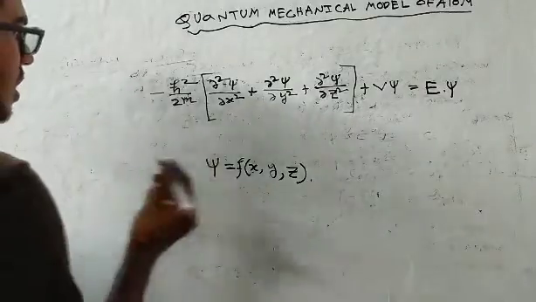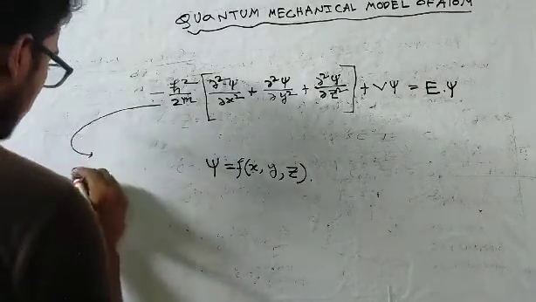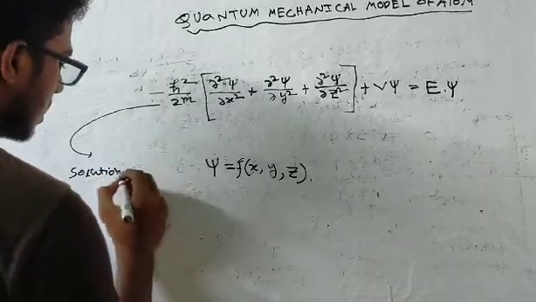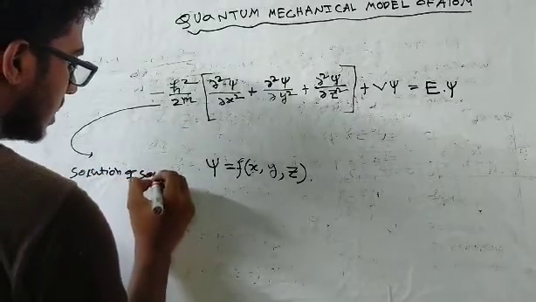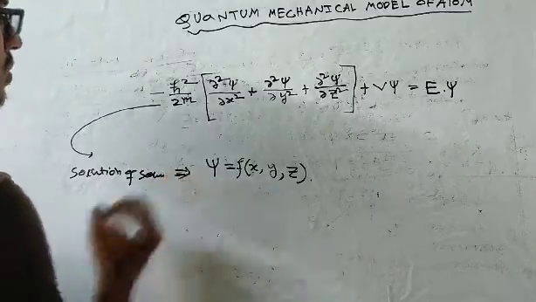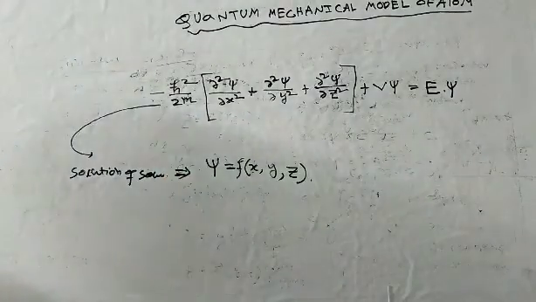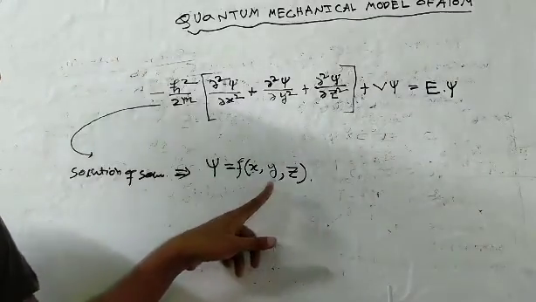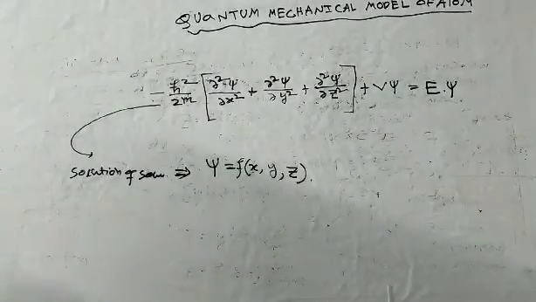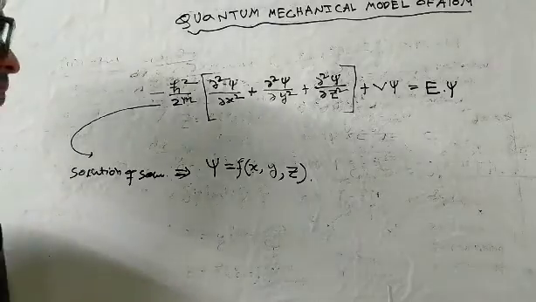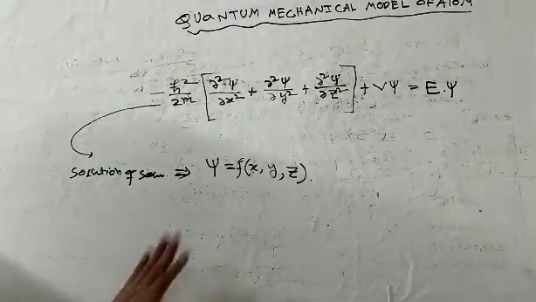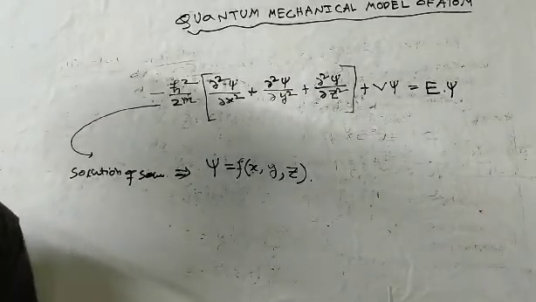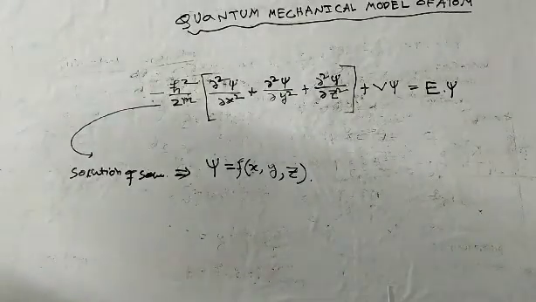So the solution of the Schrodinger equation should look like this: psi equals a function of x, a function of y, and a function of z. I think it is clear why I am writing these kinds of things. Okay, now